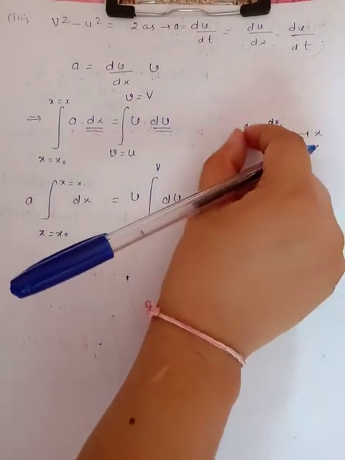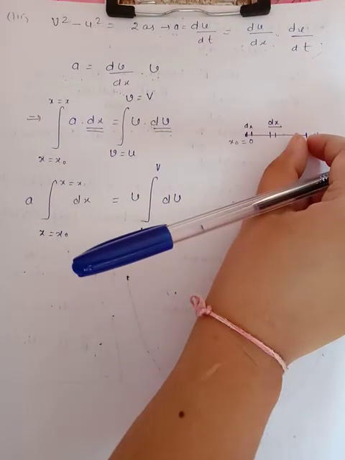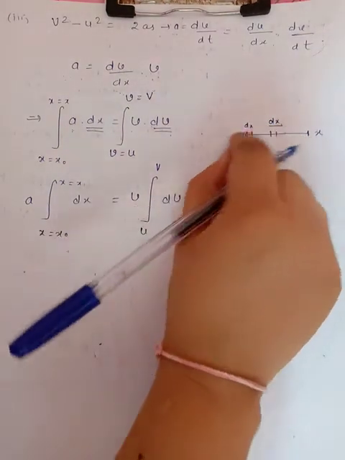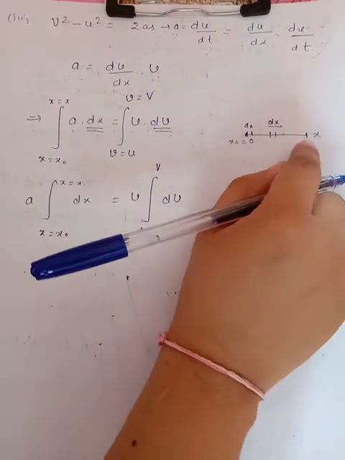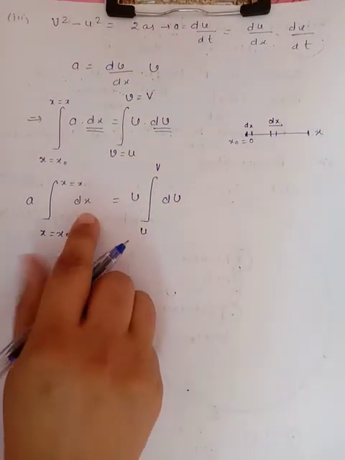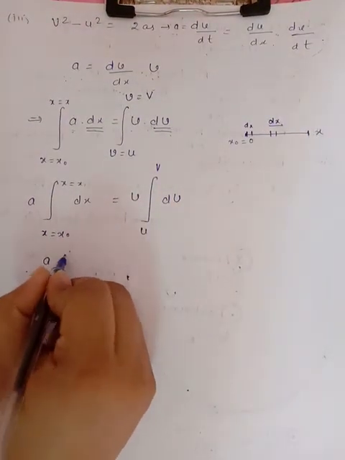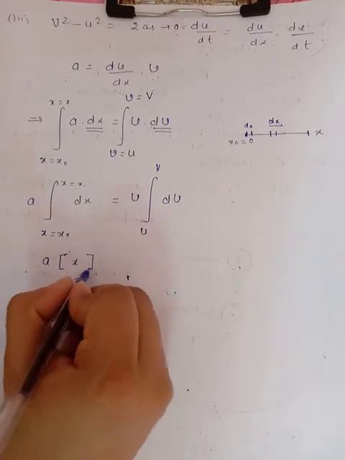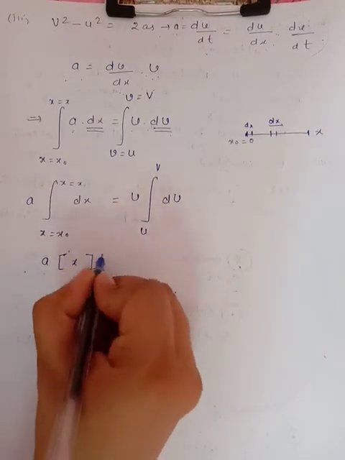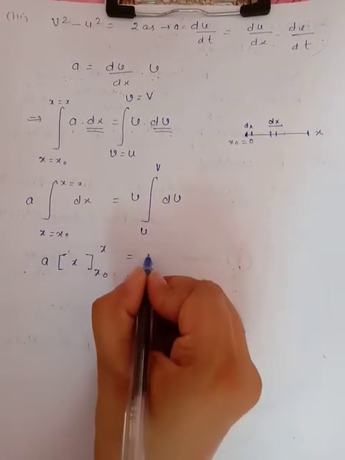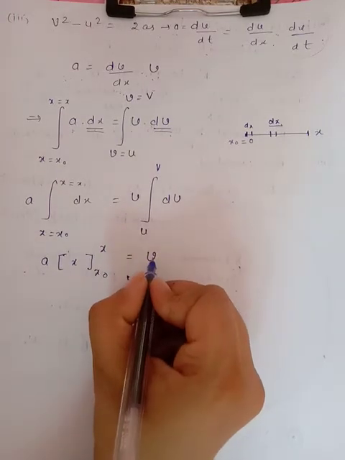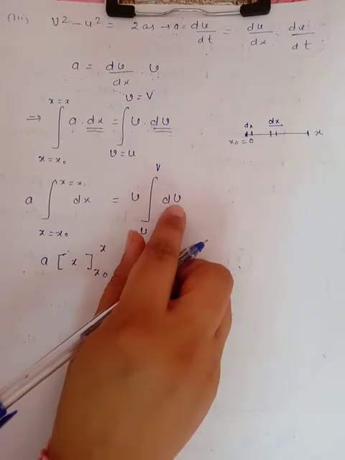So x naught is equal to 0, to some distance the object is traveling, which is equal to dx. If we integrate this small displacement, it sums up to the total displacement, which is equal to x. So after the integration of dx, what we get? We get x. And our next step is to put the limit, which is x naught to x. Here again v is constant, so taking it out of the integration, here dv.